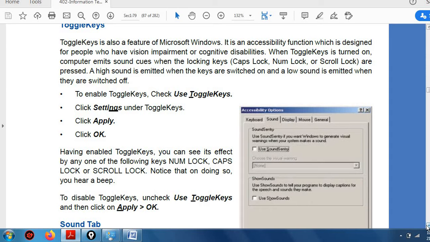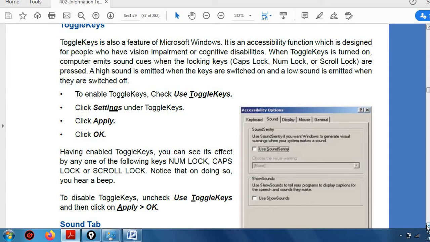When toggle keys is turned on, the computer emits sound cues when the locking keys are pressed. A high sound is emitted when the keys are switched on, and a low sound is emitted when they are switched off. When Caps Lock or Num Lock is switched on or off again, a noise is produced,